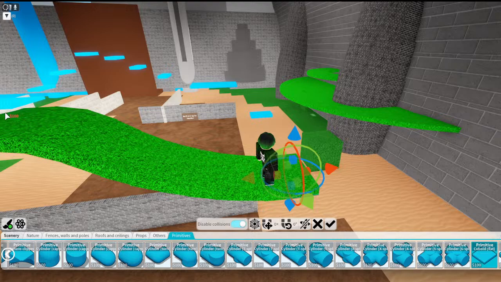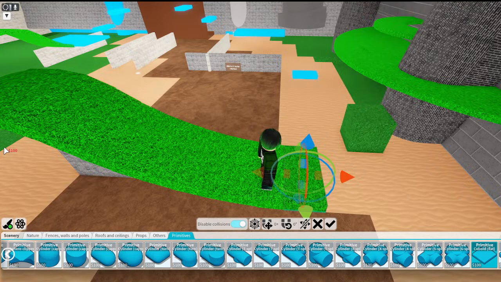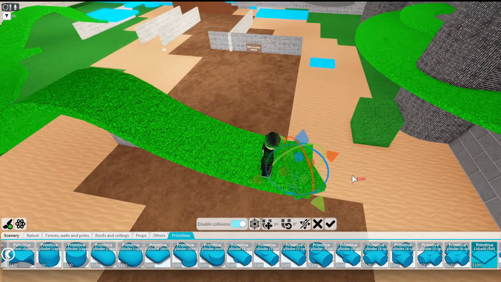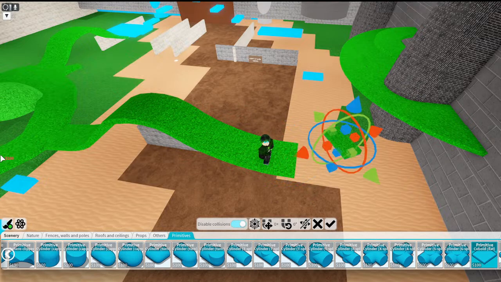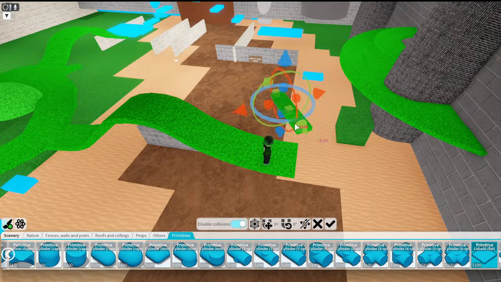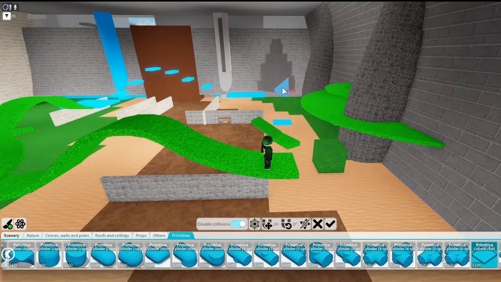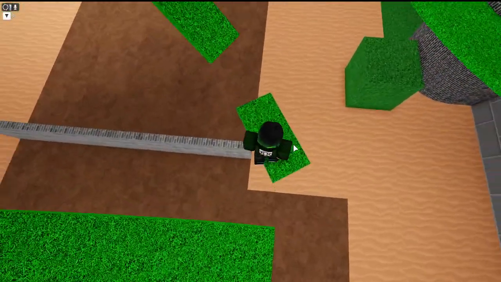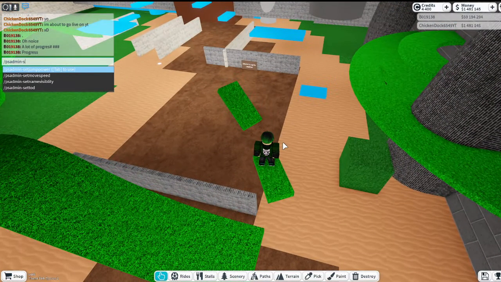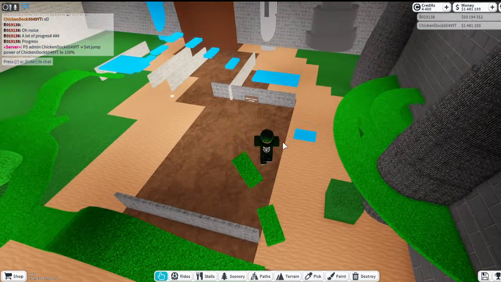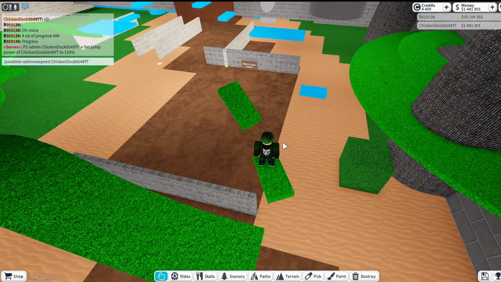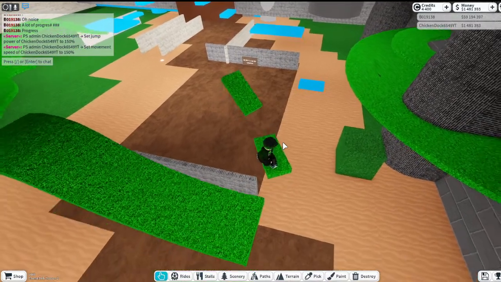Alright, let's see. So, it's honestly quite hard to tell. I'm doing this totally different. But if I were to guess, I would say that it should make its way over and curve up pretty high, like right there. I got too much jump. Hold on. Jump power chicken. We'll just do 150. I don't want to jump that high. And then we'll set move speed of chicken to 150, just so I'm a little faster than normal.